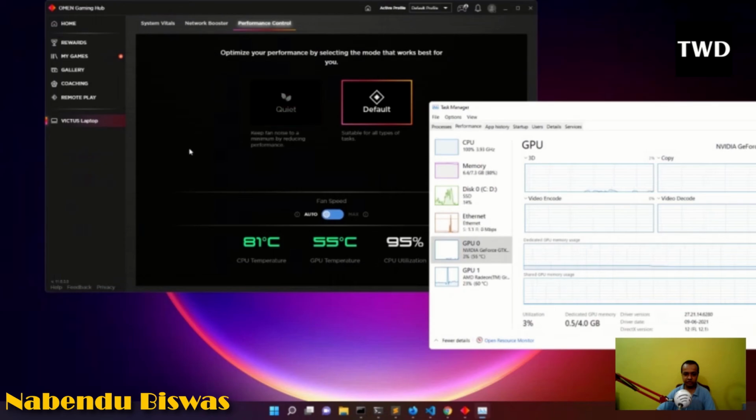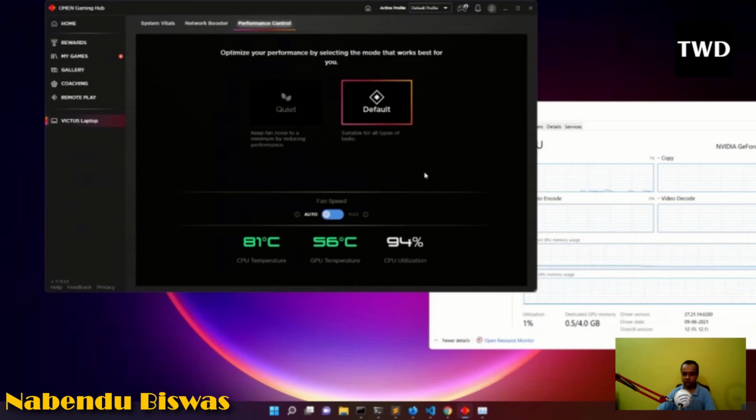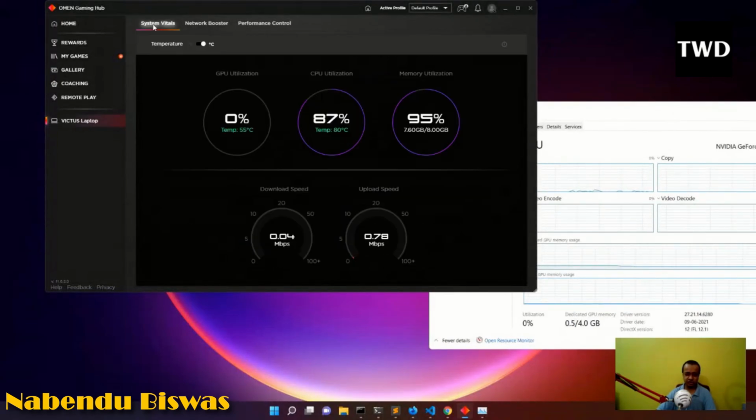I always run on default because quiet is okay. The fan noise is there, but not that much. Fan noise is okay, but memory is the problem. So with this, I will end this today, and I will give an honest review, because this is honest. I am not giving a review for anything else. This is my personal laptop, not something I got from some market to review. This is my personal laptop and this is the review, and I will give the next review after I increase the RAM and use it for 2-3 days.